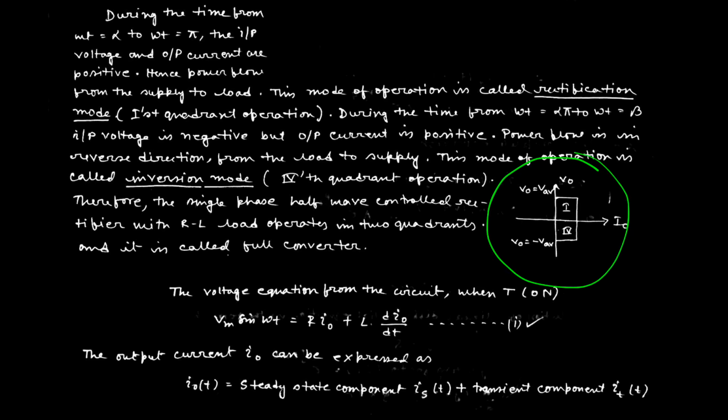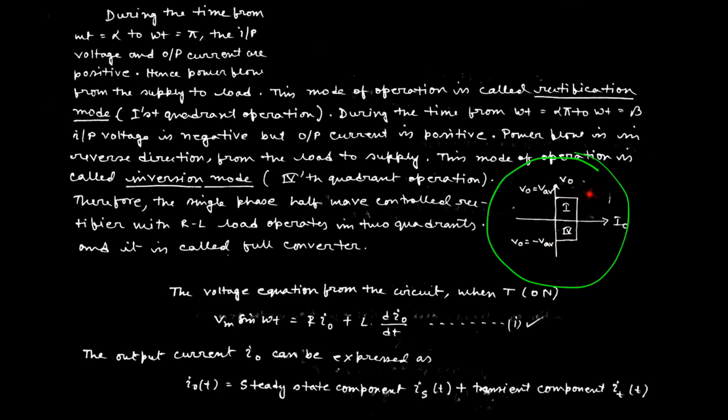Okay. In the first case, suppose we consider two axes. This is the output current axis, and this is the voltage axis. In the first case, voltage and current are both positive, so the power covers the first quadrant. In the second case, during discharging of the inductor, the current is positive but the supply voltage is negative. That means the power is negative, which covers the fourth quadrant operation. In this way, it can cover both quadrants, the first and the fourth.